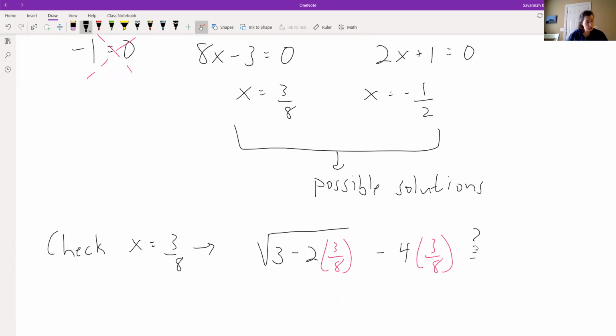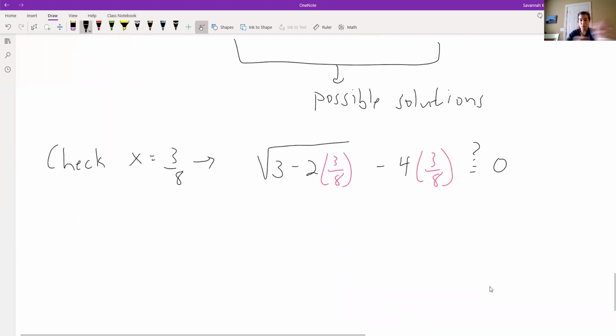Now I want to see, does this come out equal to 0? Okay, so this is a little bit of an obnoxious check, and I don't have a calculator with me. I'm always so optimistic about, oh, this section won't need a calculator, and then I feel like it always does. All right, so 3,